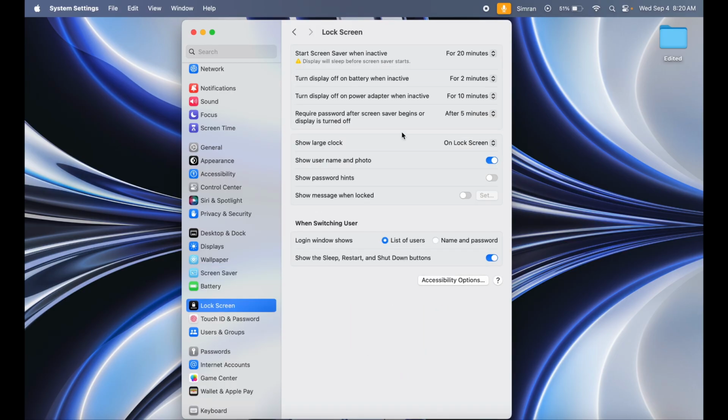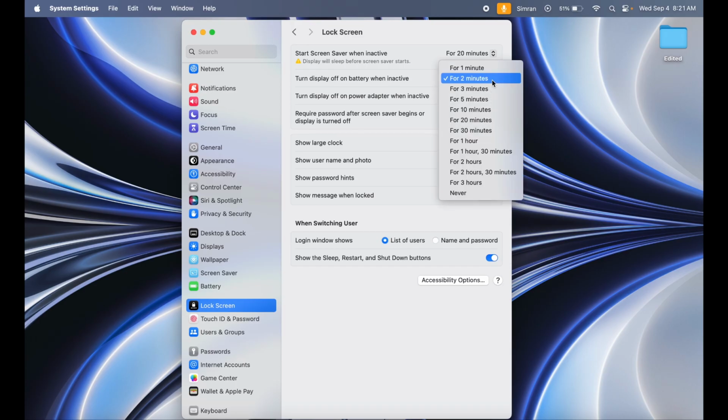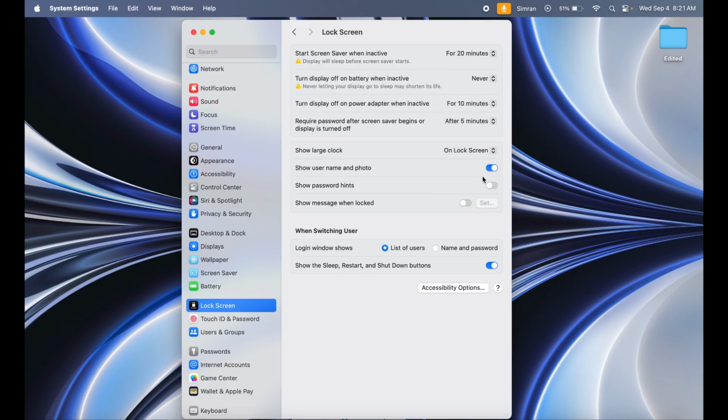From here you can select the time you want the screen to stay on, even if you are not using it for some time. As you can see, my display time has been set to the default, but if you want to change it, you can click on the settings icon, and now you can select how long you want your screen to not sleep. If you select never, your screen will never sleep or get darker even if you are not using your